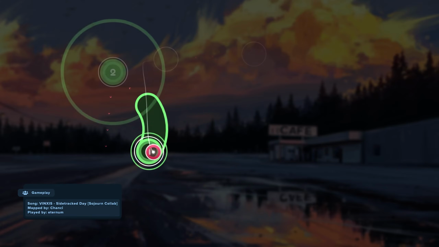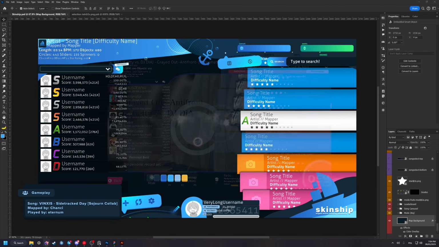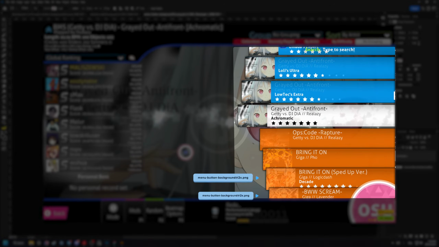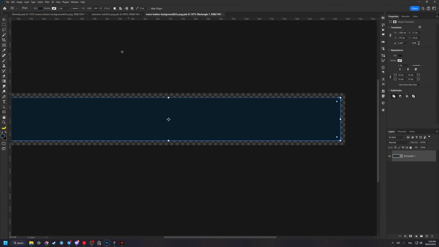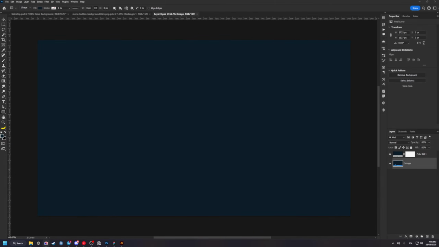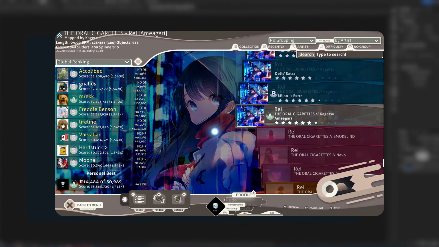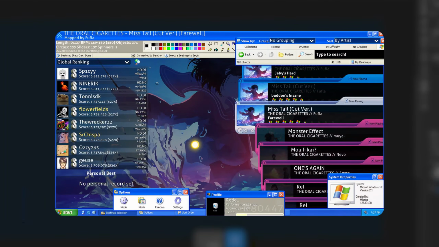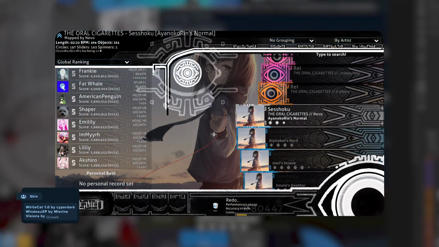For the song list, we are pretty much only interested in 3 files. Menu button background is the background of each song on the carousel, which is also reused in a few other places, like both the leaderboards on the left side of song select and the gameplay ones, as well as the currently selected song in multiplayer lobbies. Usually people just make them a rectangle since that's the only shape that fits the format in every place they are used, but feel free to make them a bit more abstract,